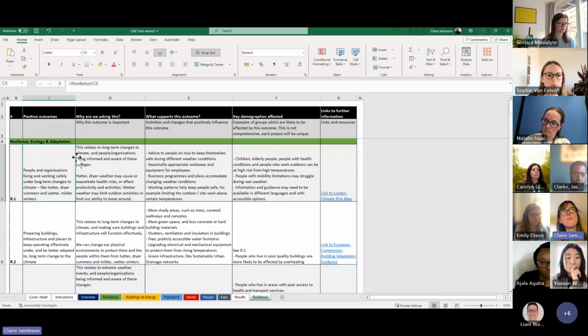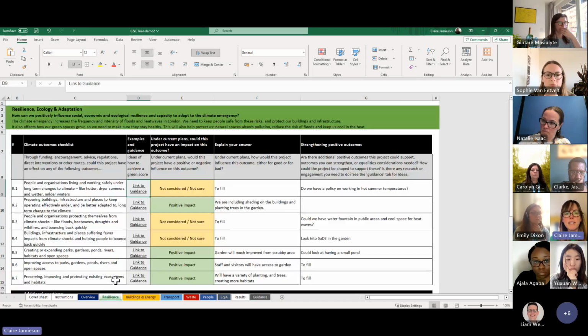So it tells you why we're asking this, what would support it, and also key demographics affected, which might help you when thinking about questions for your EQIA. And it also provides some links to other useful information. Going back to this tab then,